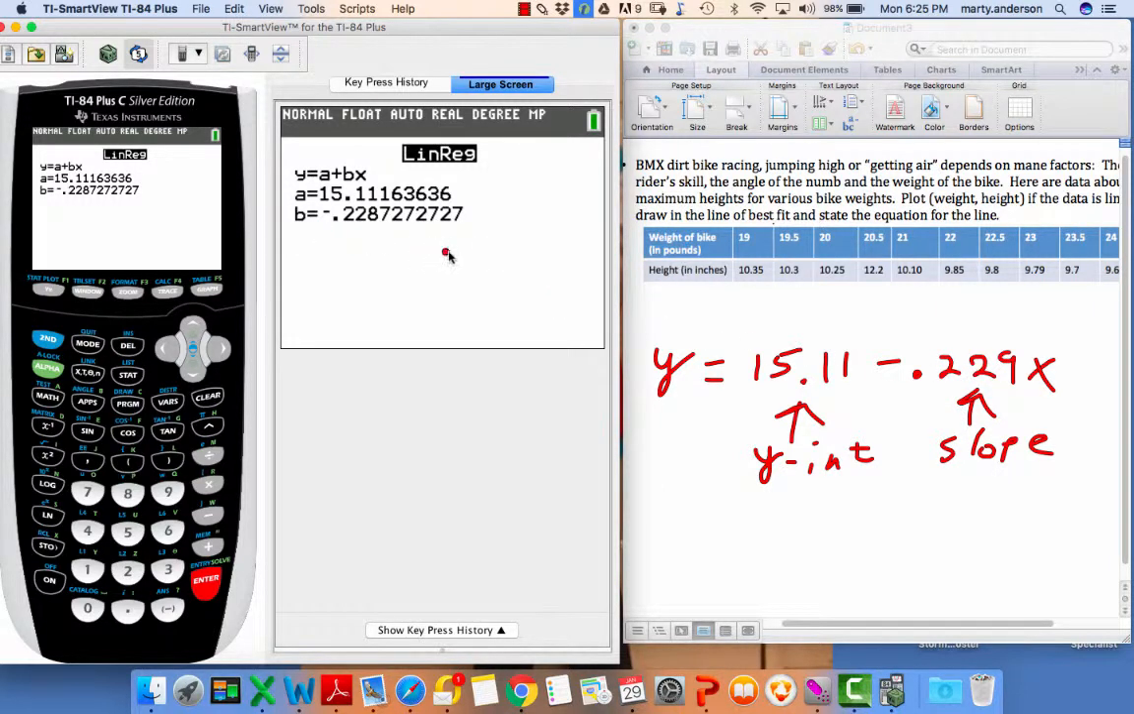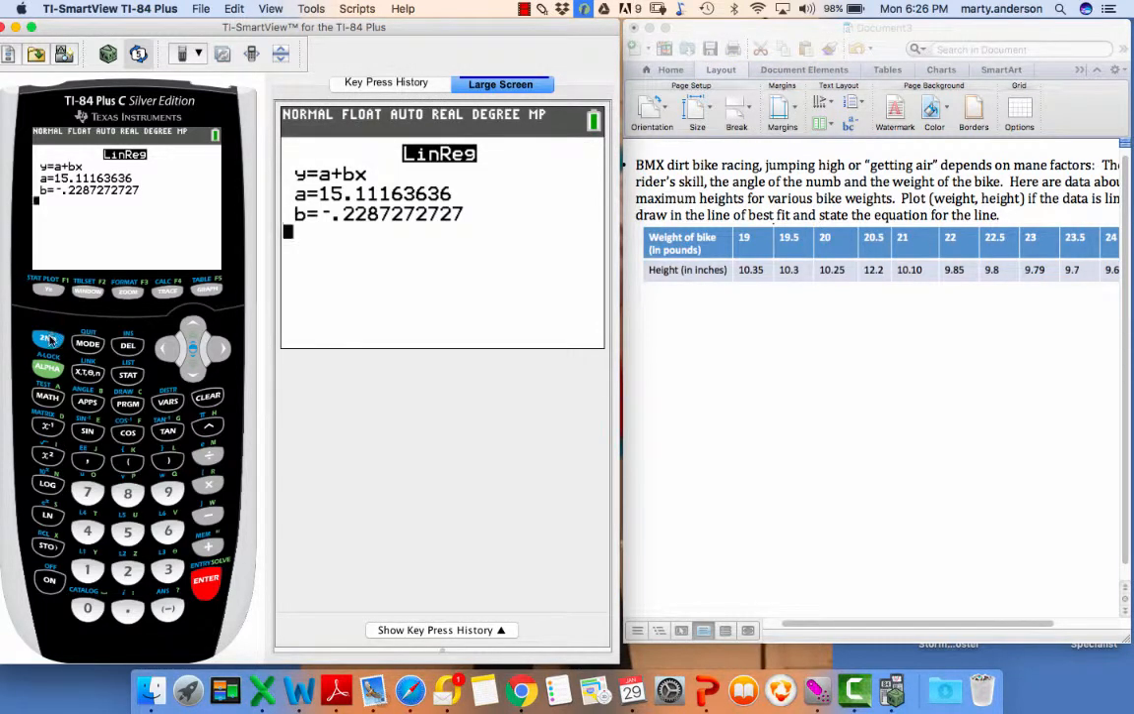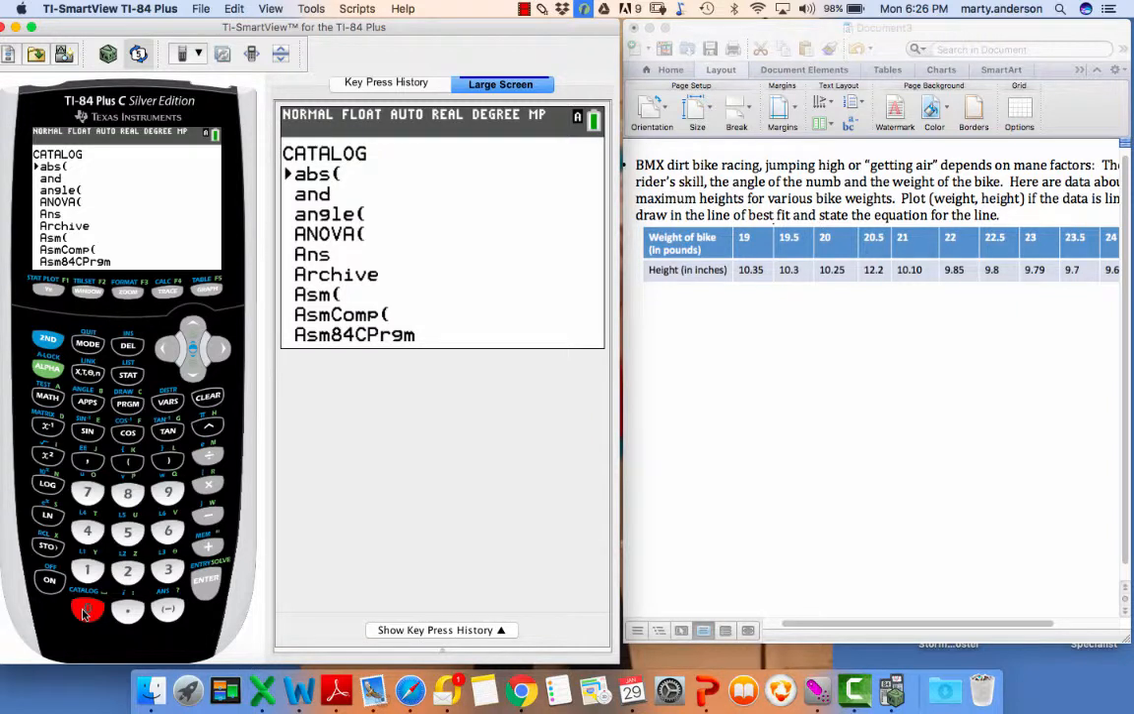Now, a bunch of you probably have a whole bunch of stuff right here. And some of you might have just what I have. And we have to do another thing to get our R value. Okay? So let's go get our R value. I'm going to show you how to turn that on. Clear this out. So we need to go to second and the number 0, which is a catalog. You only need to do this once, and then I need to scroll to diagnostics,